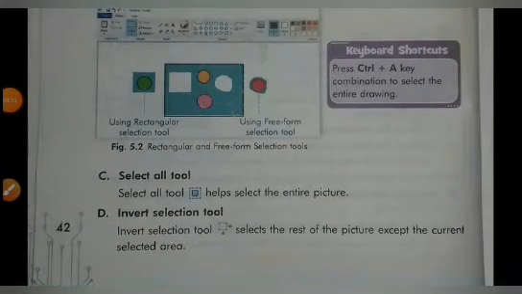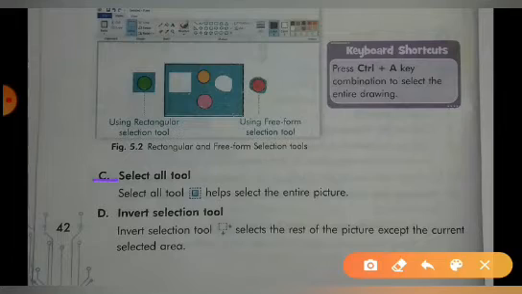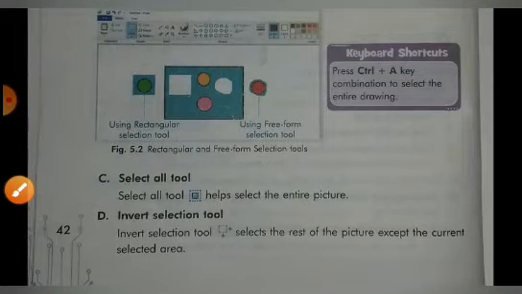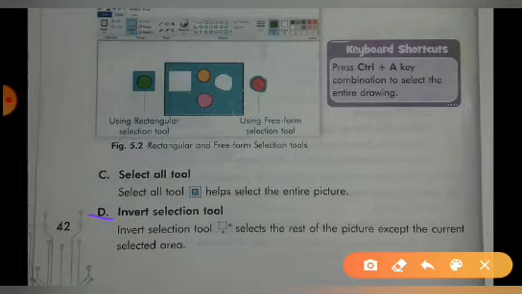Now C is the select all tool. The select all tool helps select the entire picture. And D is the invert selection tool.